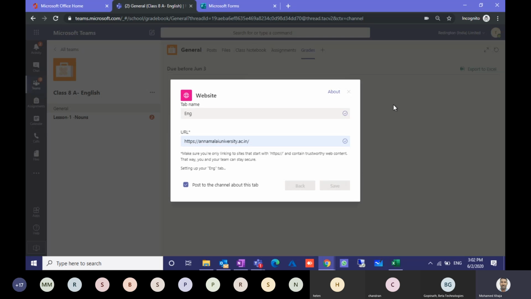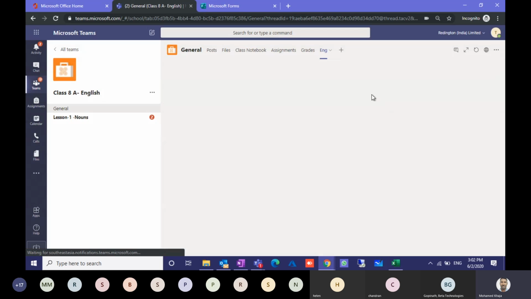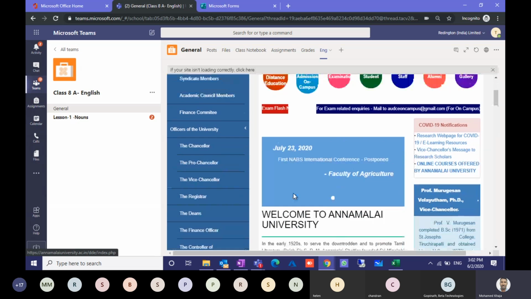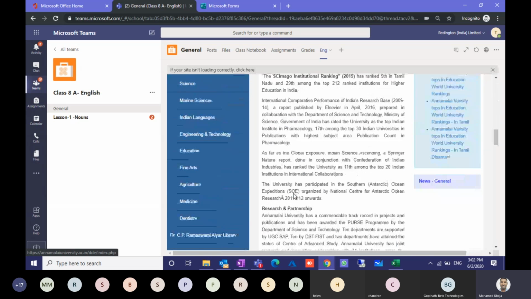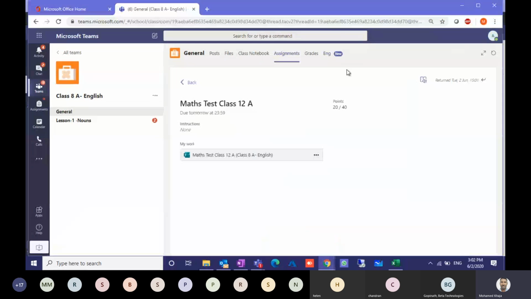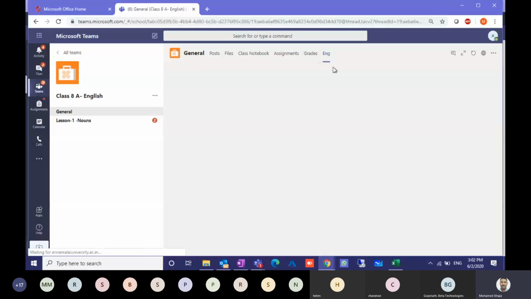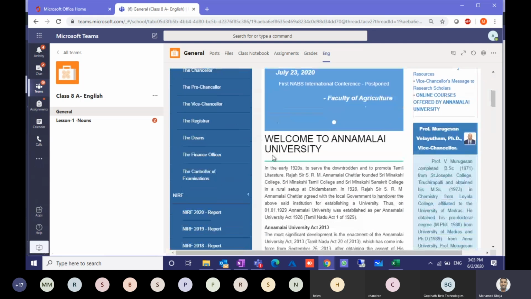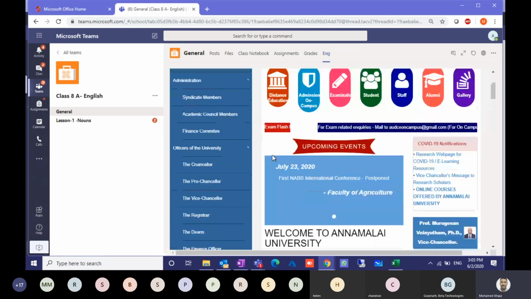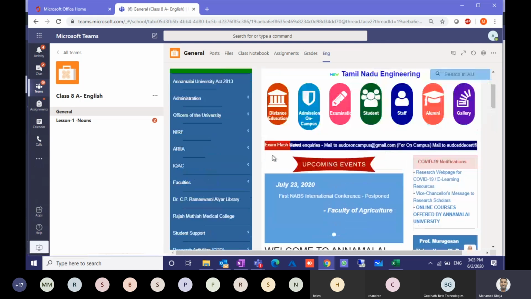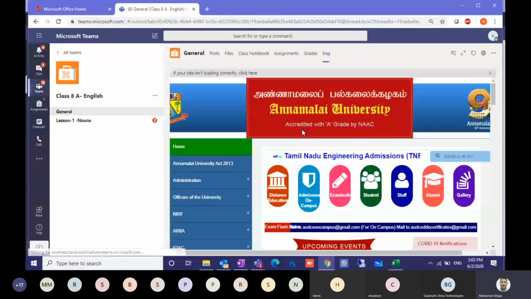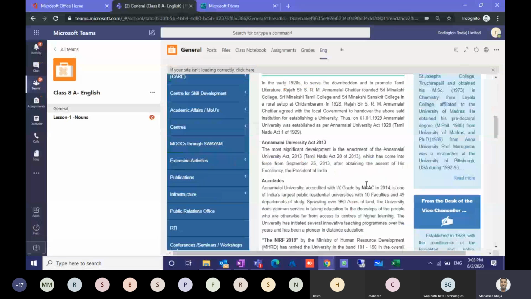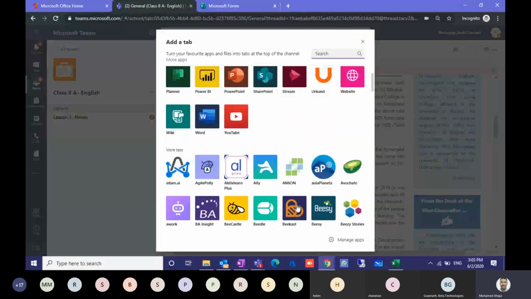When you add this, it will be displayed to all the students. When they click on this, the site will be automatically loaded here. It will be visible. Now I will show you in the students tab. See, it is shown here as new, and when the student clicks on it, they are also able to view the website. Okay, this is the use of adding the app. The student doesn't have this option, only the teacher will have. See the plus icon. You can keep on adding apps. That is very useful for you.